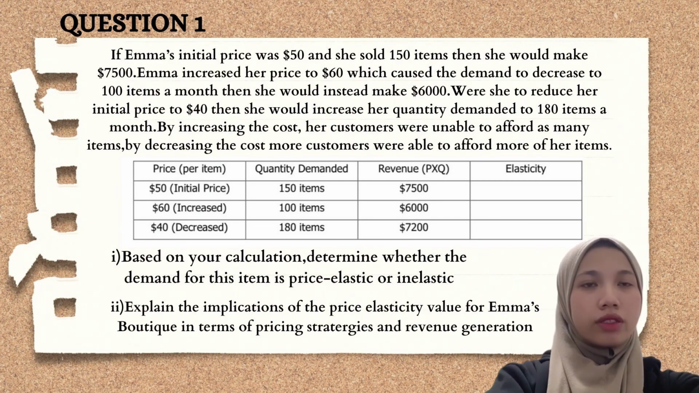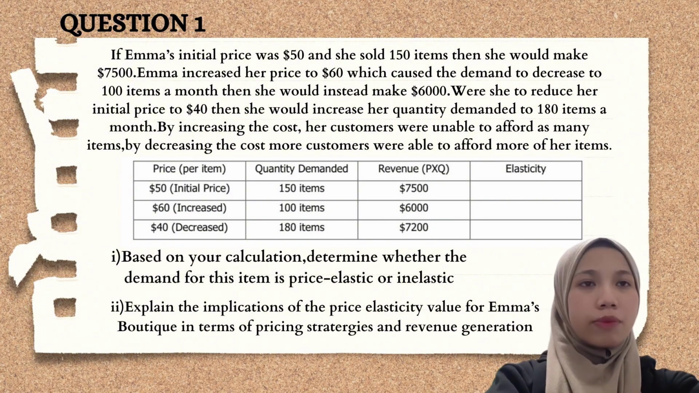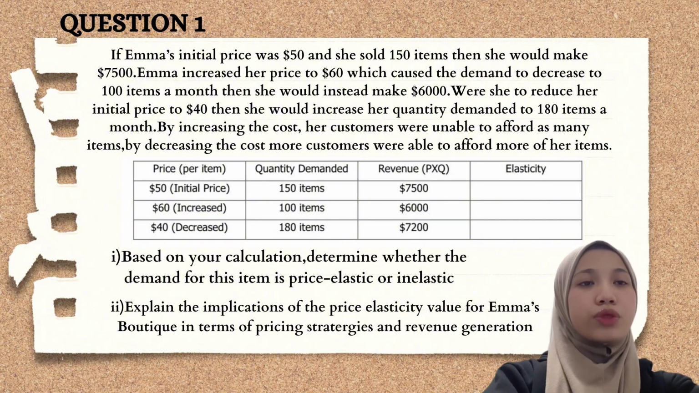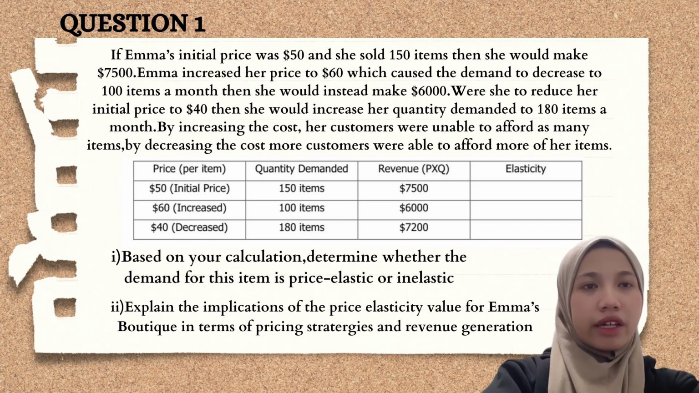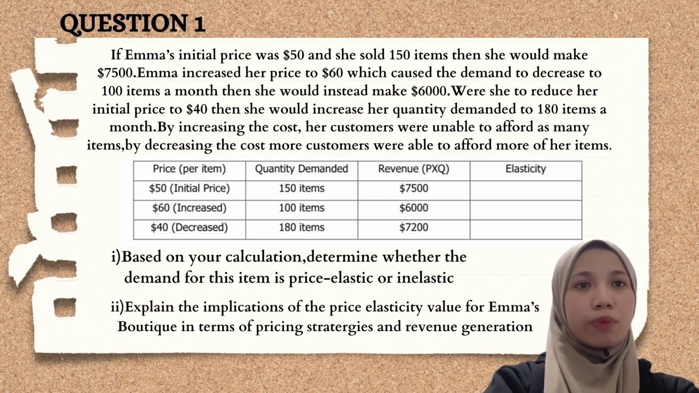So I will explain question 1 first. If Emma's initial price was 50 and she sold 150 items, then she will make 7,500. Emma increased her price to 60, which caused the demand to decrease to 100 items a month. Then she will instead make 6,000. Were she to reduce her price to 40, then her quantity demanded will increase to 180 items